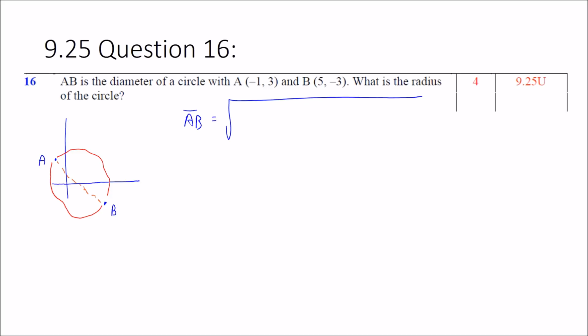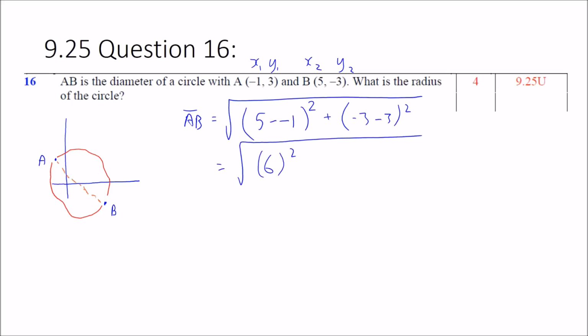Now, if I think about my two coordinates, A and B, they're actually in the right order of x1, y1, and x2, y2. So all I've got to do is, I'll do the run first. So if I go 5 minus -1 squared plus -3 minus 3 squared,